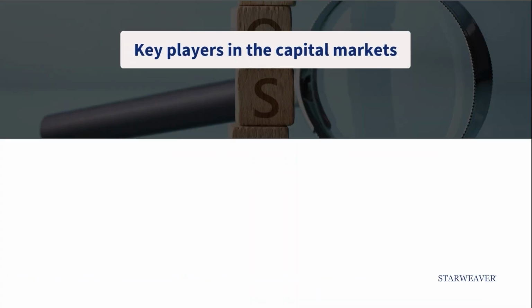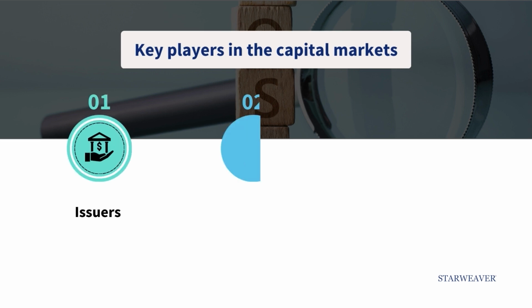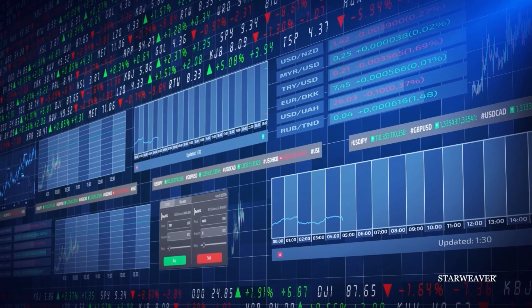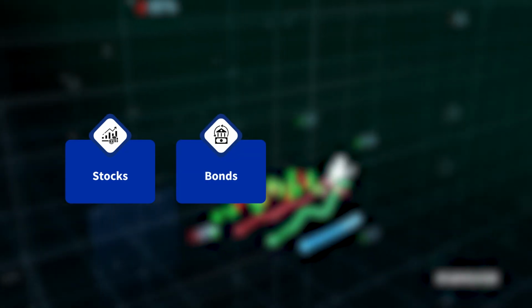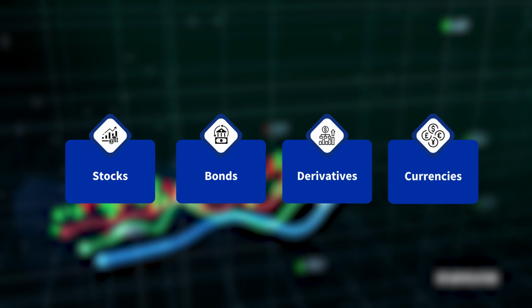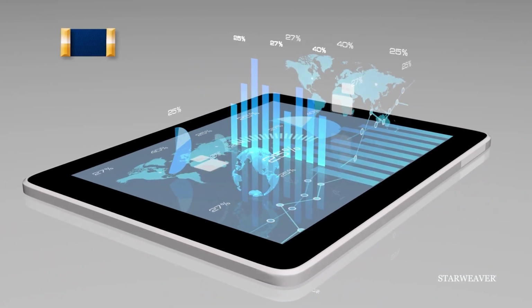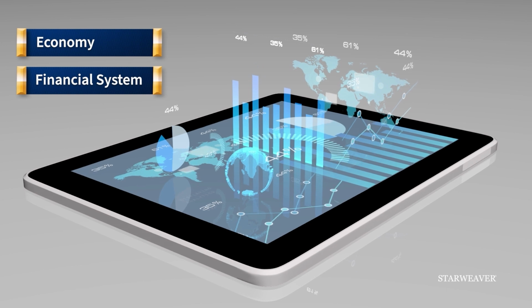In this course, you will be introduced to the key players in the capital markets, issuers, investors, and intermediaries, and explain how they trade and leverage financial instruments to drive economic growth from stocks to bonds, derivatives to currencies. You'll discover how these markets play a crucial role in both the economy and the financial systems that support businesses